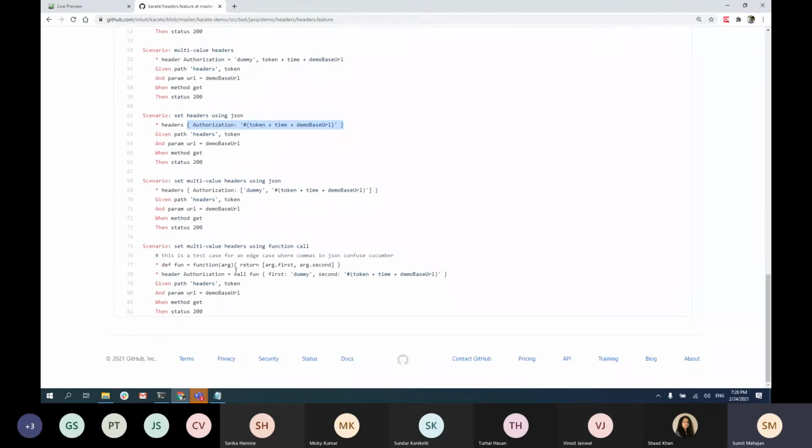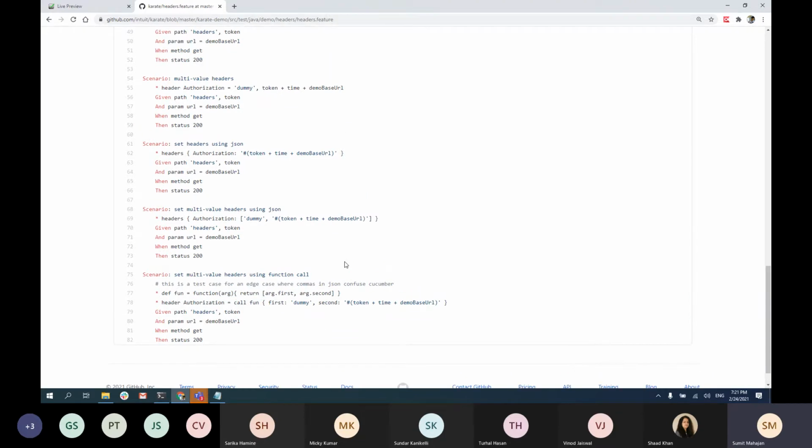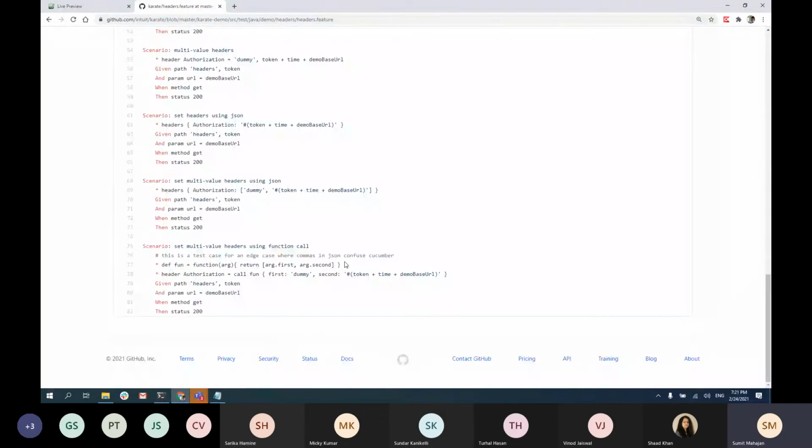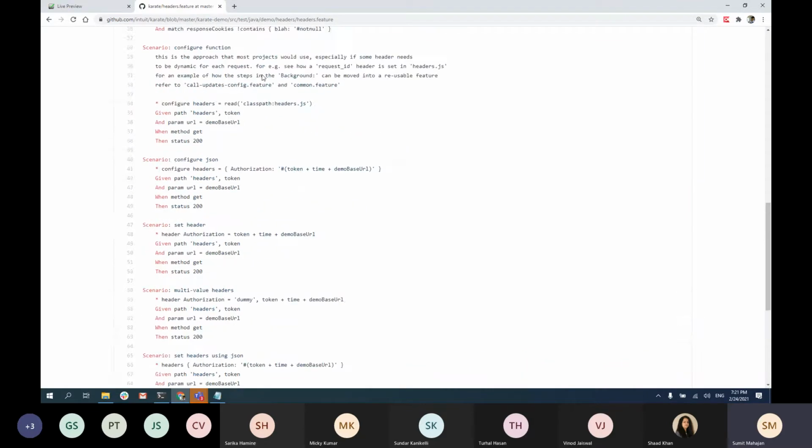Right. And also what you can do is create a common function and then call that common function. What I would suggest is you create a function which is going to be in the common library and not here, and use that function across your tests if that header is going to be the same across your tests, right? That way you don't have to write these values again and again. That's one part of the framework, that we want to keep everything that is reusable in a common library.